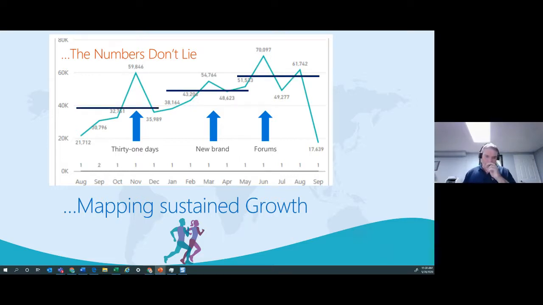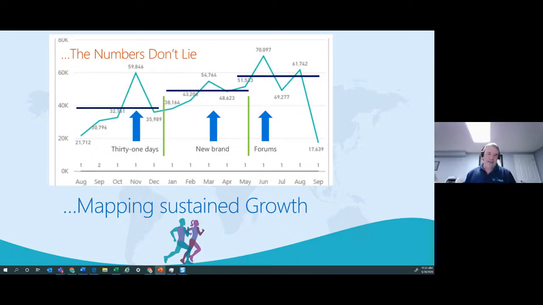But then what he also noticed is we're able to actually retain that growth. So even though we had these bursty events, we didn't lose traction. What we were able to do is take that base of users and continue to grow on it. And the other thing he was able to articulate out of this is the time period in which we're sustaining the growth.